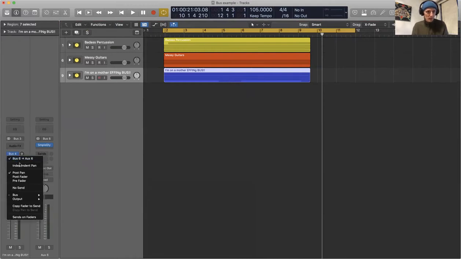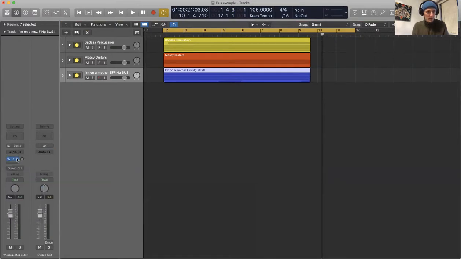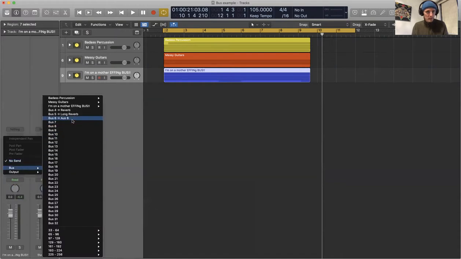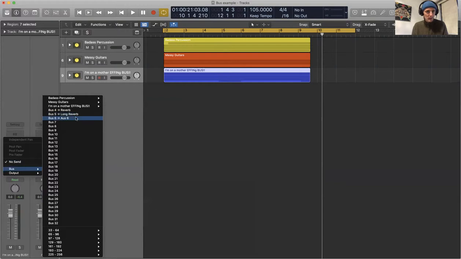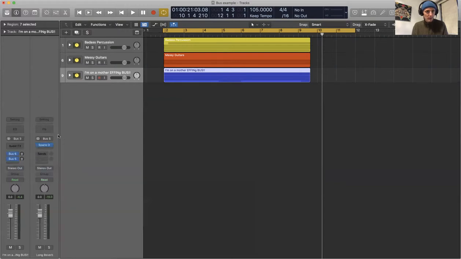So actually, I'm going to switch them up. The order makes a difference. So let's make it this number 6, which I know is that reverb there, and maybe I'll do the long one after it. So if you just hear the voice,